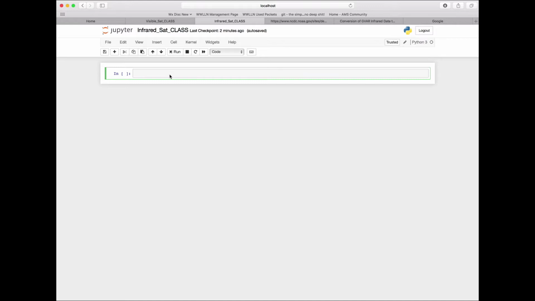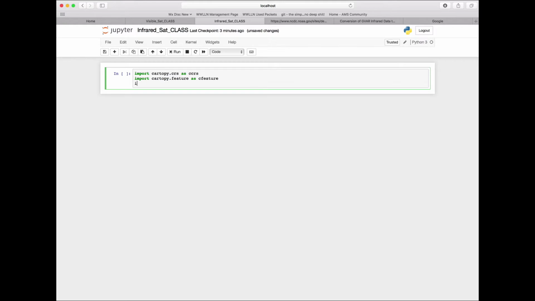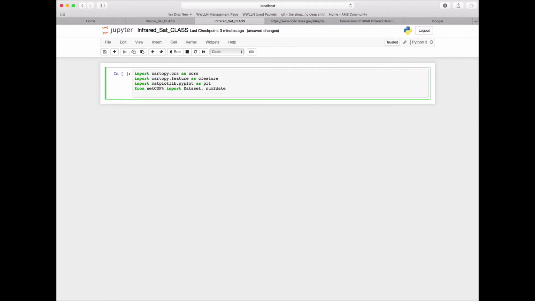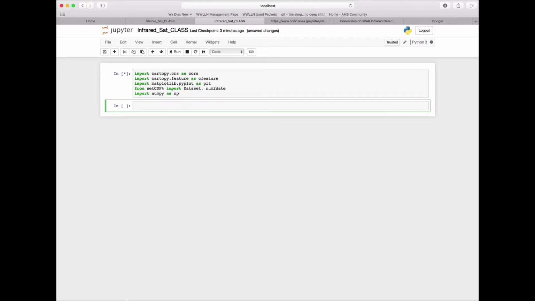But first what we want to do is import a bunch of things so we can just have them to use throughout our notebook here. We're going to import from CartoPy the coordinate reference system as CCRS. We're going to import cartopy.feature as CFeature. We're going to import matplotlib.pyplot as PLT. From netCDF4, we're going to import Dataset and num2date. And we're going to import NumPy as NP. Let's go ahead and run that cell to import all of these different modules for our use throughout our Jupyter